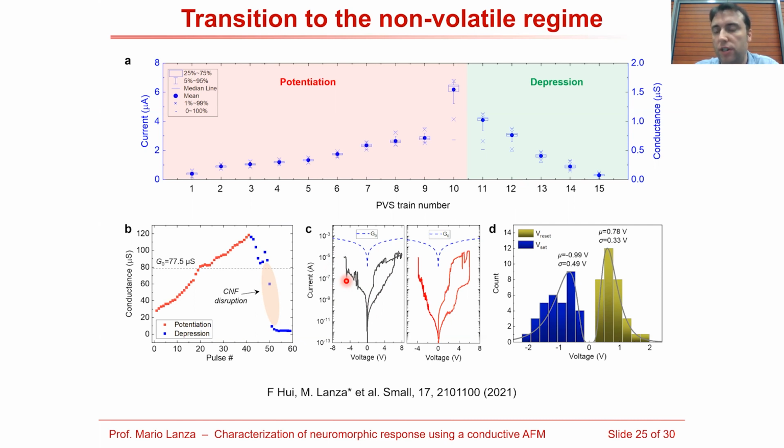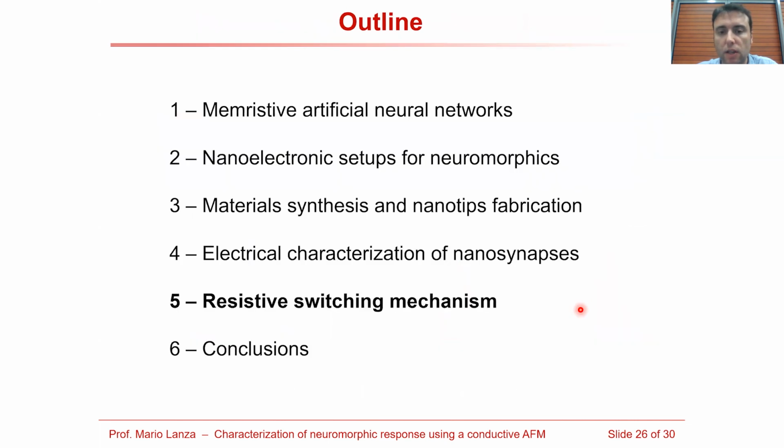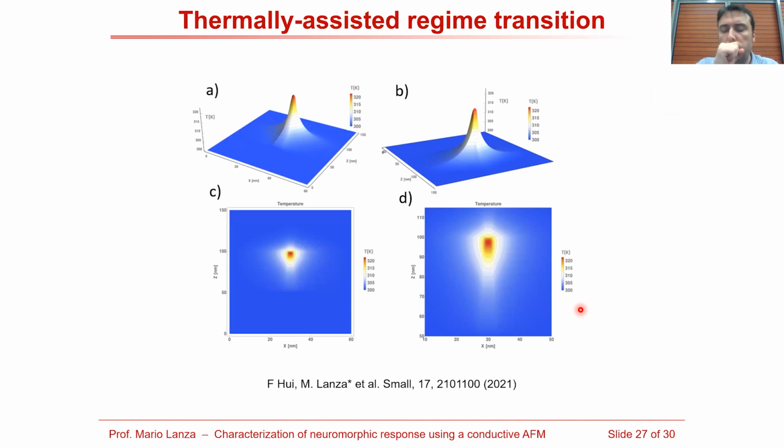All these currents are producing this bipolar resistive switching now. And we also analyze the variability of the currents and of the set and reset voltage, and we observe that they are not overlapping, which is something we needed also for our study. So in the next step, we analyze the resistive switching mechanism. We have done computational calculations to calculate the temperature that is being produced in the conductive nanofilament when we apply the electrical stresses to the copper electrode.